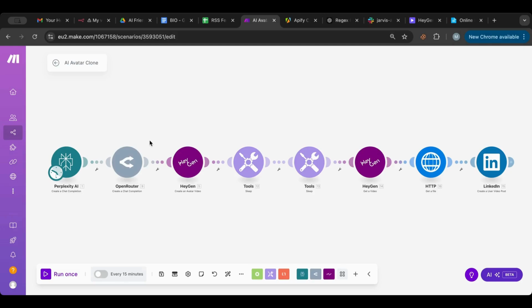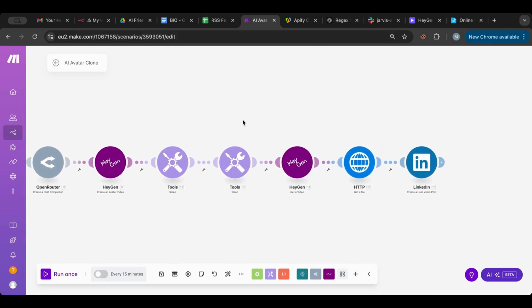So this makes the video size smaller and much easier to handle. And then, of course, we'll get the avatar that we want. We'll wait, I'll put it here, 290 by 290. I think that's in seconds. I think that should be good enough. And then we will get the video based on the